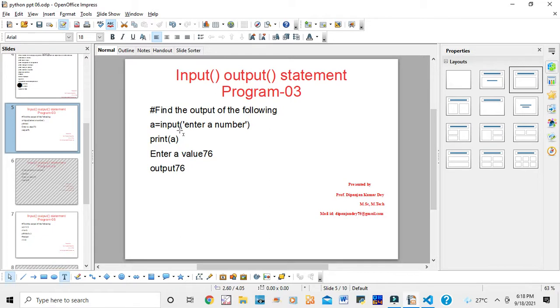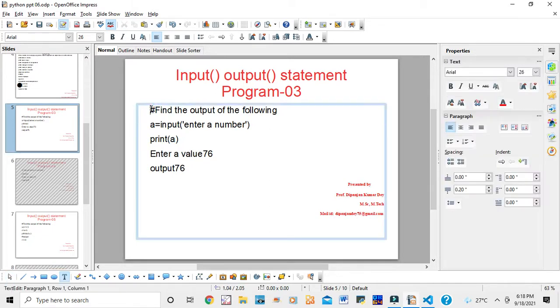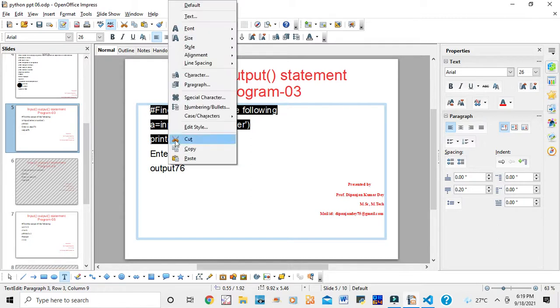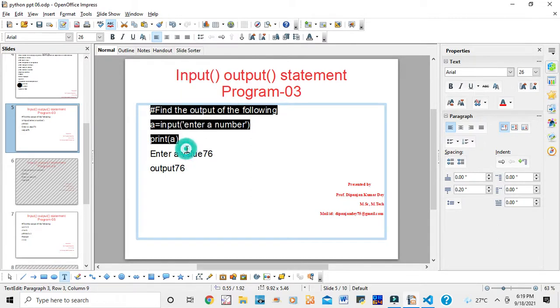I am just copying this. You can see the output, 76. Copy here.